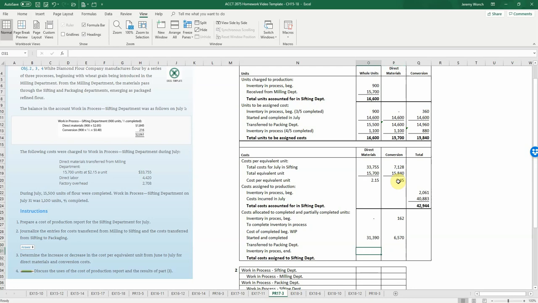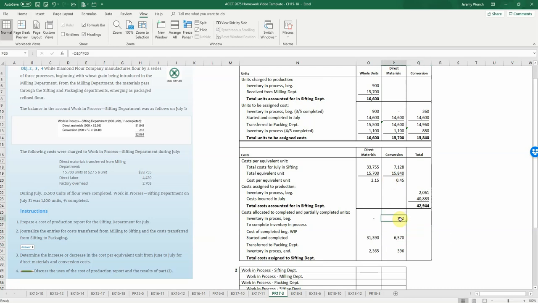And then we have our inventory in process at the end. So for direct materials, we had 1,100 times our cost of 2.15. And for our conversion cost, we had our 880 times our 45 cents. Going to give us 396. So to add up the total cost,